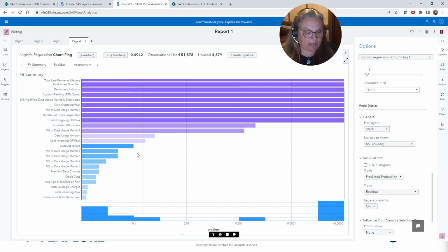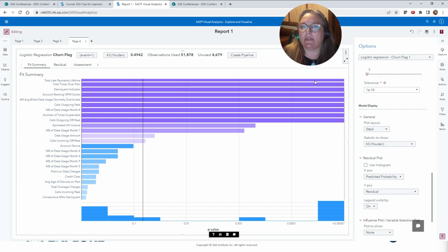So we'll take a look at how we can fix that in some of the options. The other thing that's important to mention is that Visual Statistics only does binary logistic regression. That is a function of the software.